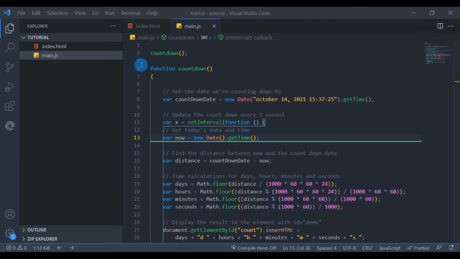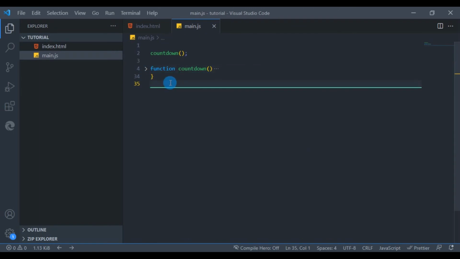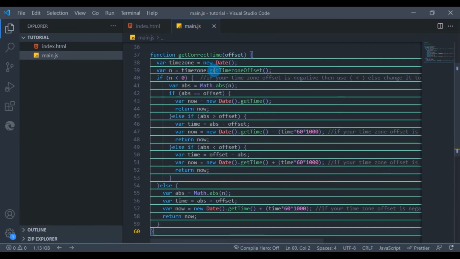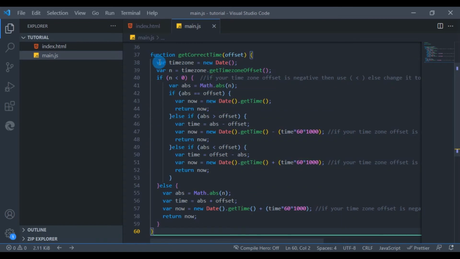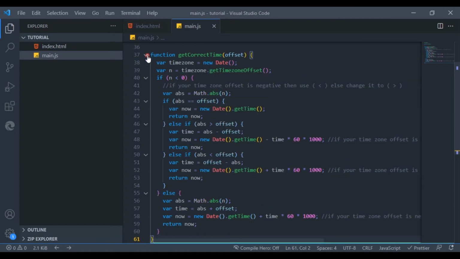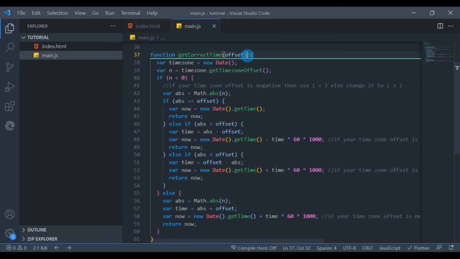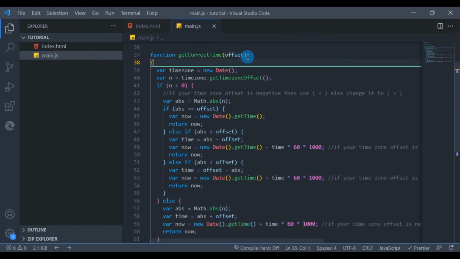So we've already have this countdown function. So this is another function. Now paste it. Get correct time. This is our function again. So before you can use this function, you have to know your time zone offset first. Okay, you have to know your time zone offset. And to know your time zone offset,